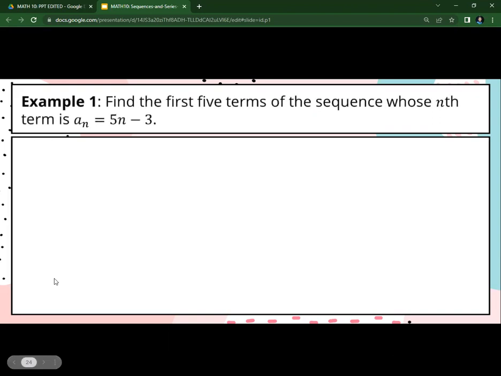Now, let's have here the example number 1. Find the first 5 terms of the sequence whose nth term is a sub n equals 5n minus 3. Now, sinasabi lang po dito, kailangan po natin ibigay yung 5 terms ng sequence given daw po yung a sub n equals 5n minus 3. Now, to compute for that,